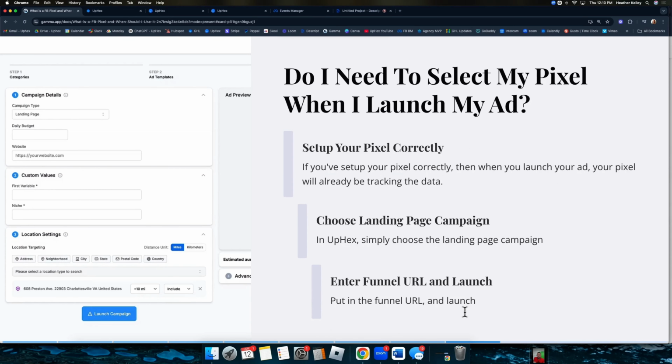Okay, so let's say you are doing a landing page. Do you need to select your pixel when you launch your ad? So before you even get ready to launch an ad, you're going to set up your pixel, you're going to set up your events. So when I launch, do I need to do anything, right? If you've set up your pixel correctly, then when you launch your ads, your pixel will already be tracking that